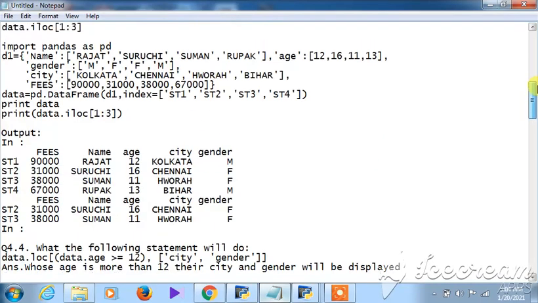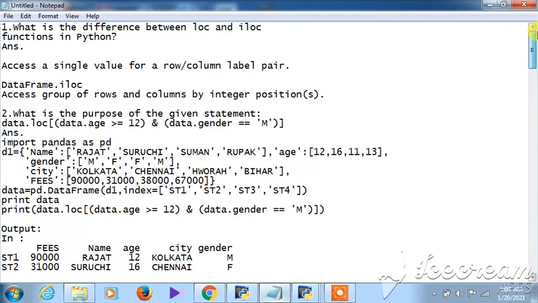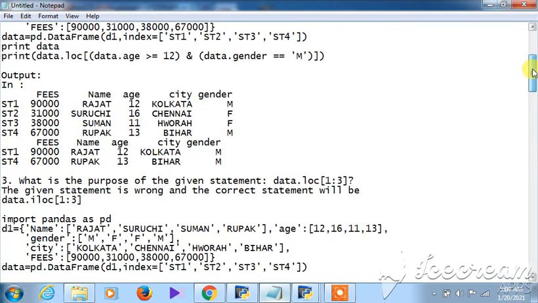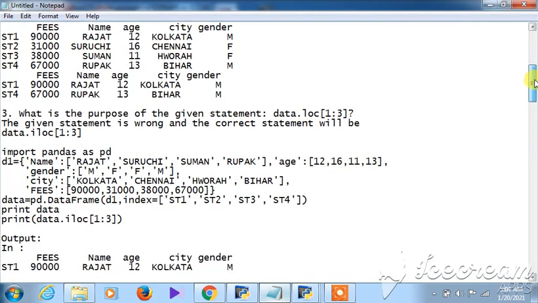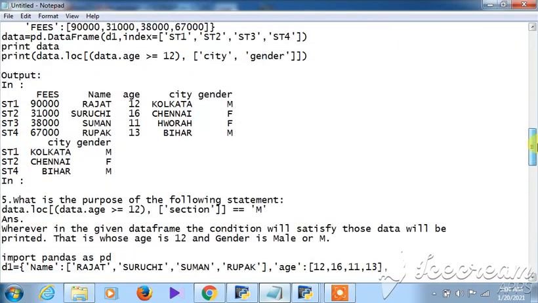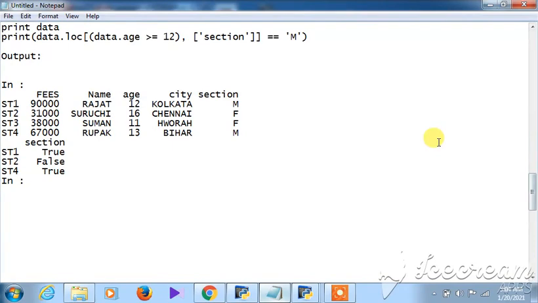All the question answers have been given, and this entire file will also be uploaded in the Google Classroom. Once you go through these particular answers, along with the given assignment as well, and you also do its practical implementation, then you will understand it fully. Clear? So please submit the assignments regularly.